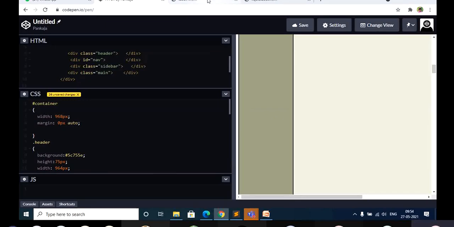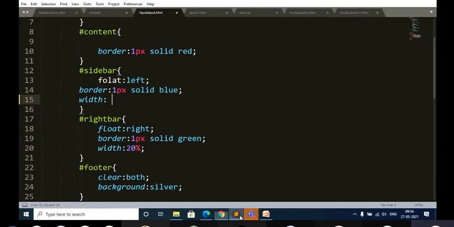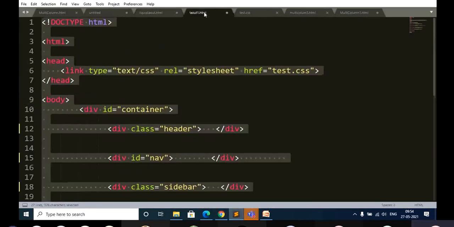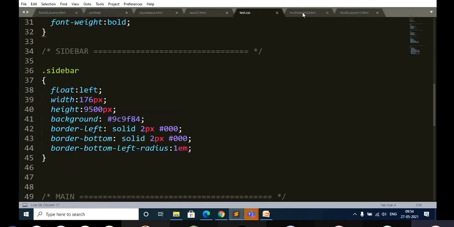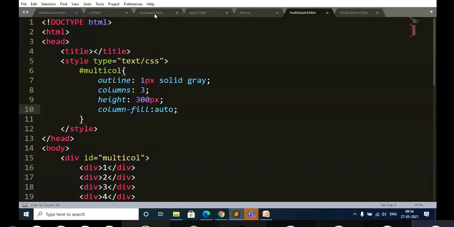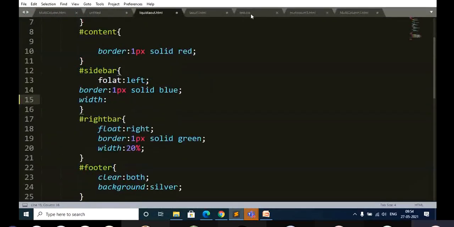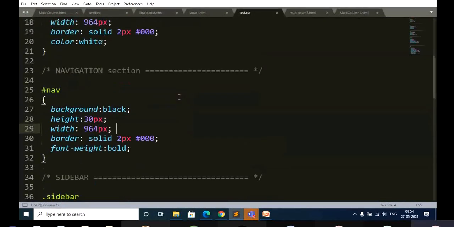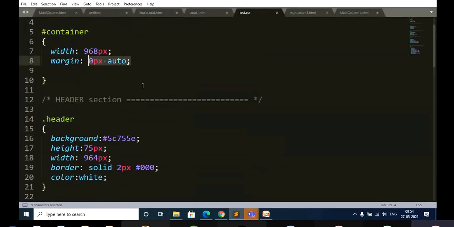With respect to this layout, I will do some small changes with respect to margin. If you don't want to make a fixed layout, you can just change it. I'll just remove this, save it, and see what happens. So this is the layout I have designed.